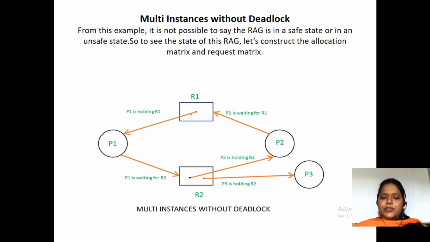Fine. So here you have process P1 holding R1 and waiting for R2, process P2 holding the resource R2 and waiting for R1, and process P3 holding the resource R3. Here P3 is not waiting. Since P3 is not waiting, will we find deadlock? No. So here P3 has been allocated this resource. After completing the task of P3, what will P3 do?